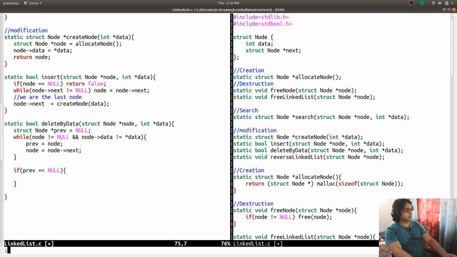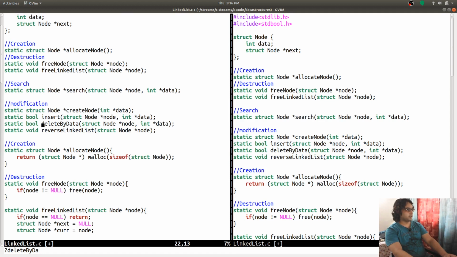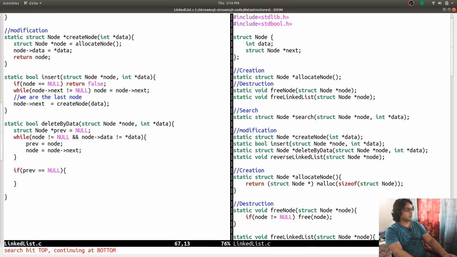In that case, I will have to modify this delete by data function, and I will have to return the new head, because I am modifying this.